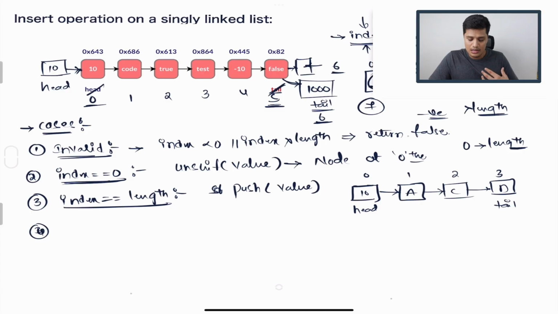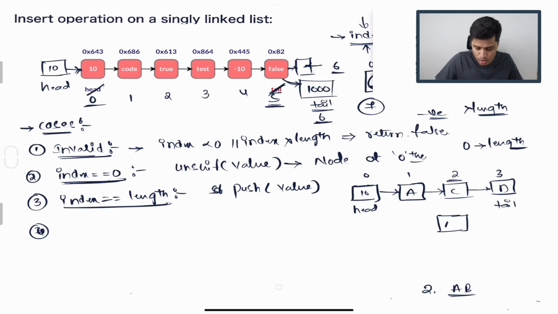Now, as part of the insert operation, I want to insert the value AB at index 2. That means that right now index 2 has the value C. Now we have to make sure that at index 2 we are inserting a new node AB. That doesn't mean that we actually have to update it. We have to make sure that we are inserting a new node altogether. That's why, with whatever value the user has given, we will create the new node,